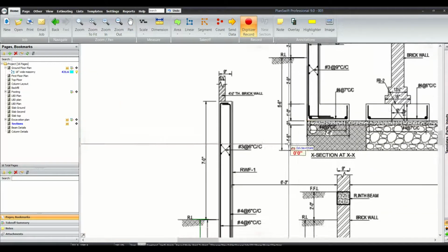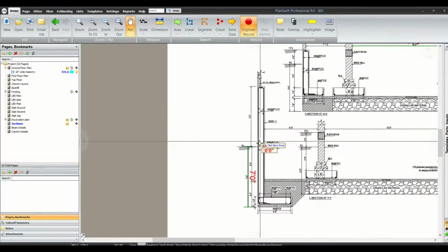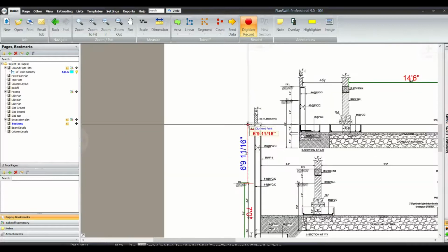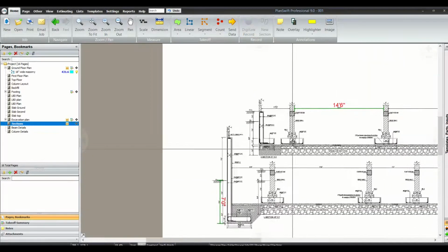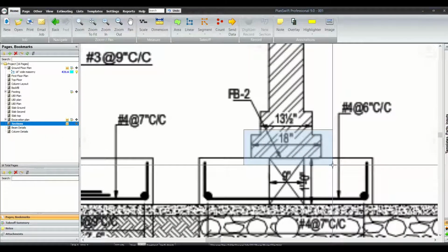Is it 5 feet and 6 inches? Yes it is. Let's check a couple of others. If I check this 7 feet, yes, our scale is fine, and we know that we have 6 inches high brick masonry in this 18 inches wide brick masonry footing.